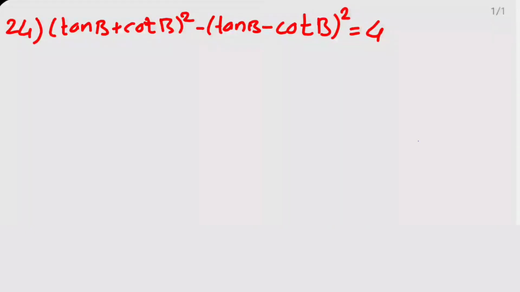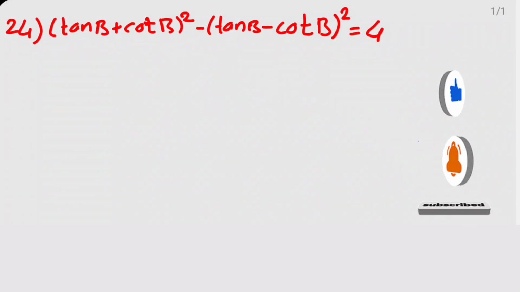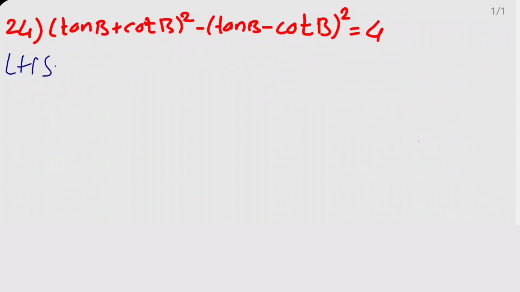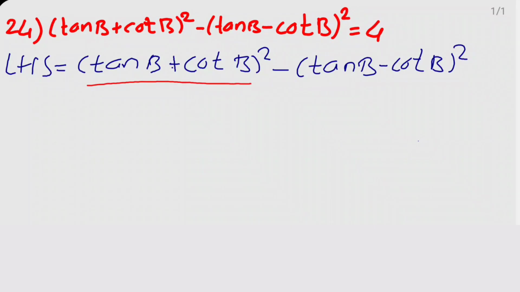In a bracket, (tan b + cot b) whole square minus (tan b - cot b) whole square is equal to 4. So here they have given the LHS. Write down: LHS is equal to (tan b + cot b) whole square minus (tan b - cot b) whole square. So now observe here, (tan b + cot b) whole square,